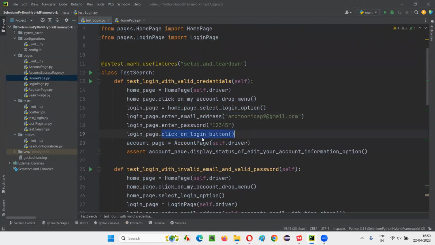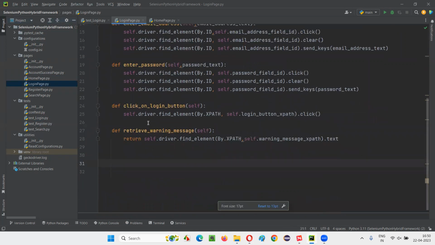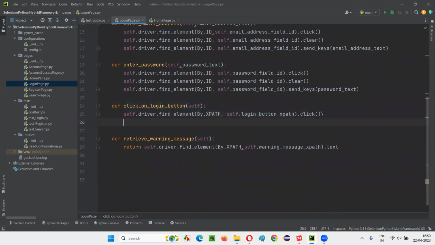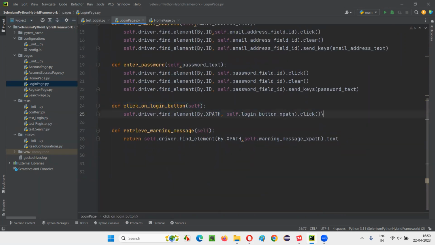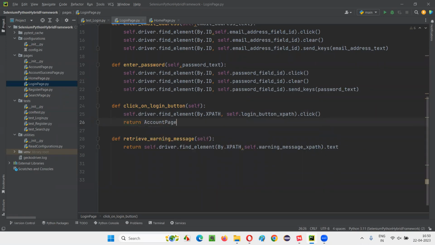And here, once you click on the login button, you know that you'll be taken to the account page. Once you provide valid credentials and click on this login button, you'll be taken to which page? Account page. So what I'll do is I'll reduce this line also from here. I'll go to click on login button, which is on login page. Click on login button. This is the one. Here I'll say return account page of self.driver and hover the mouse on the account page and import this from pages